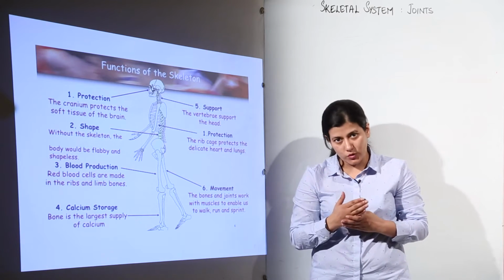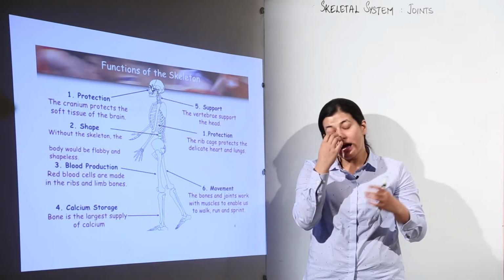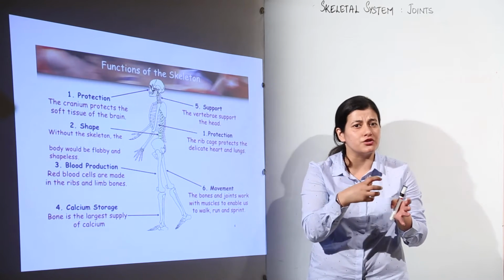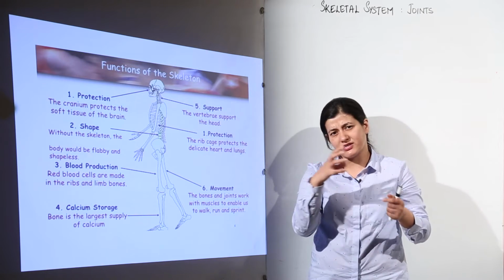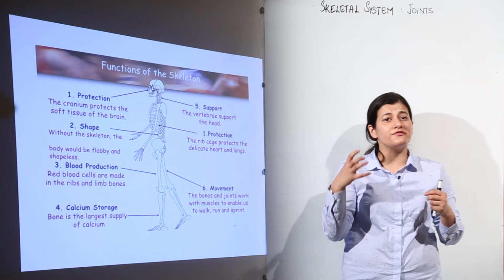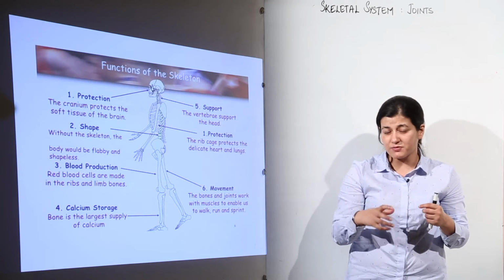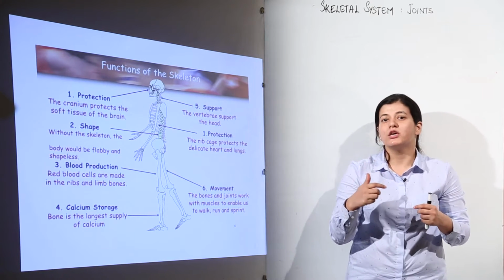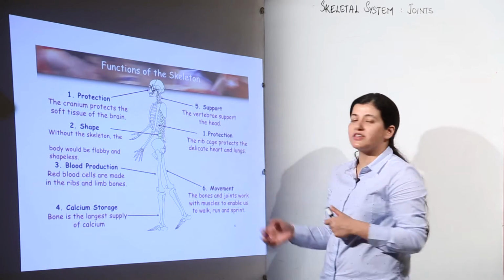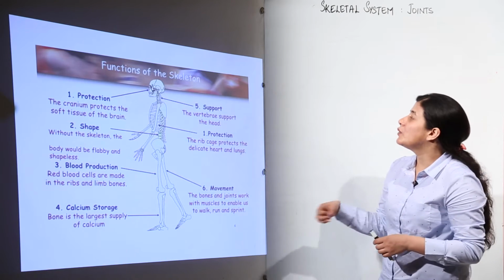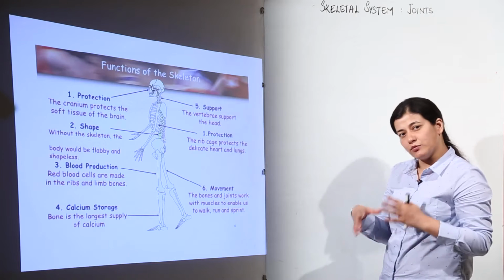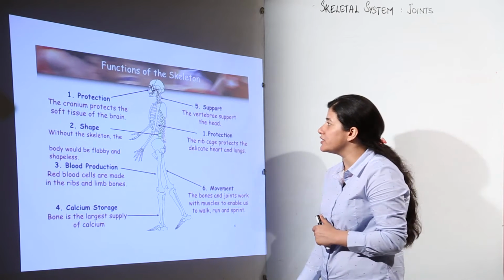And in terms of bones, when we talk about the skeletal system, apart from providing the center of mass, the position of the center of mass where the entire mass would come and rest, and the fulcrum and lever bases that the bone performs, it also performs the function of providing the movement in terms of the joints which are moving. So we are going to understand that, but before that we are going to see what is the function of the skeleton, what the entire types of bones are that we have in our body, and what the different types of joints are that are present.